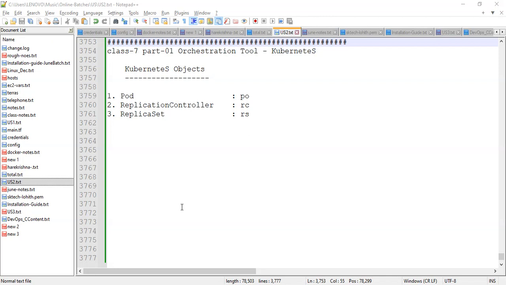So in this video, we will see about the deployment object. This is very important. This is what we are using in real time. There are a lot of benefits, a lot of features. That is the reason people prefer to deploy their application in the form of a deployment object in